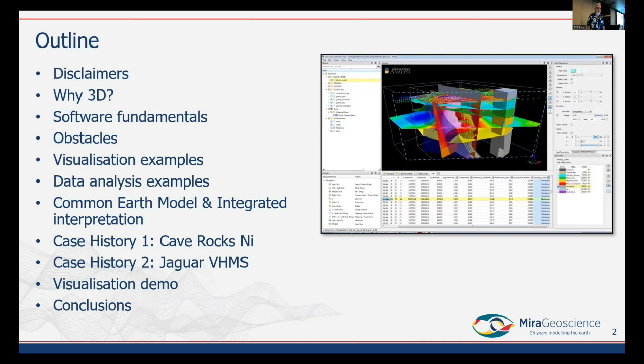And I'll be talking about the concept of the Common Earth model and integrated interpretation, which is very important. And then I have just one case history from Cave Rocks, which is a nickel exploration case history. And instead of the second case history on the Jaguar BHMS deposits, I'm going to just do a quick demonstration of 3D visualization, just a few minutes.